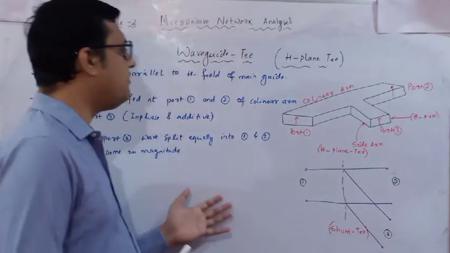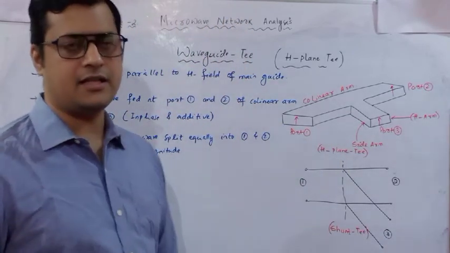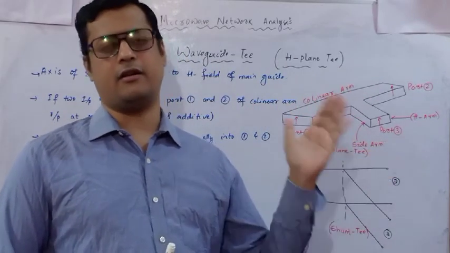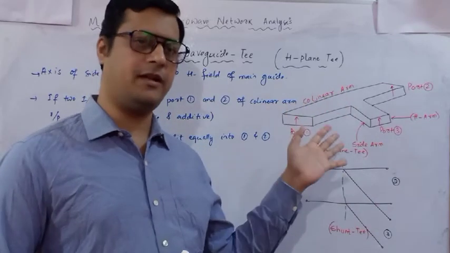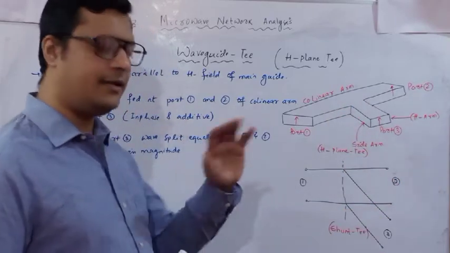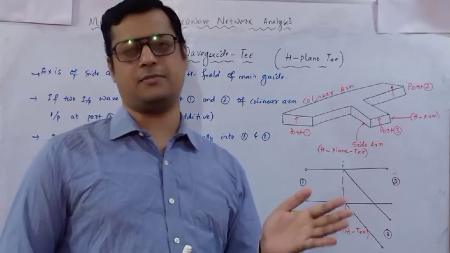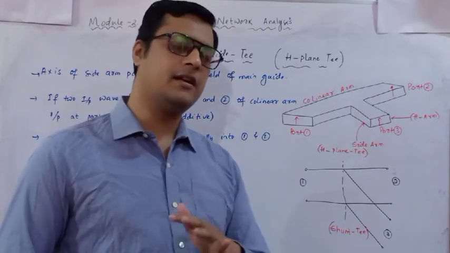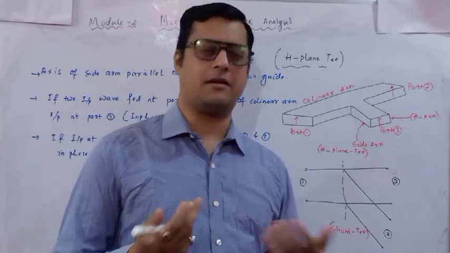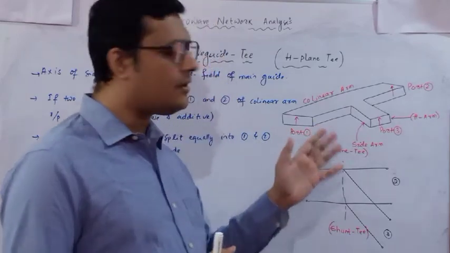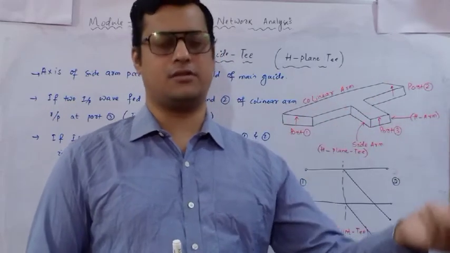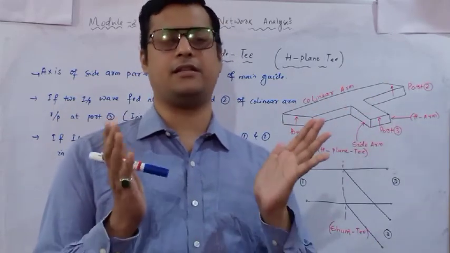Similarly, in our H-plane T junction, basically it is called the additive arm. The E-plane is the subtractive or difference arm, but in the H-plane this arm is called an additive arm. There is a little bit of difference between the E-plane and H-plane. In the E-plane, we have seen that we have matched port 3, so the S33 parameter is 0. Similarly, for the relation between port 1 and port 2, S12 is equal to S21, which we have also seen; those have the same relationship.